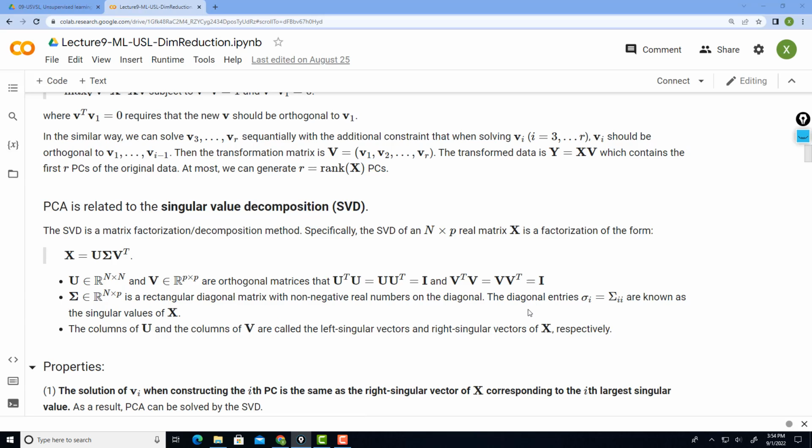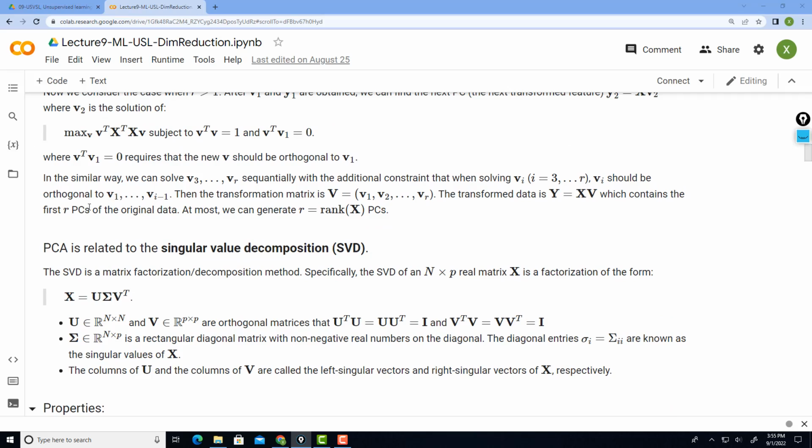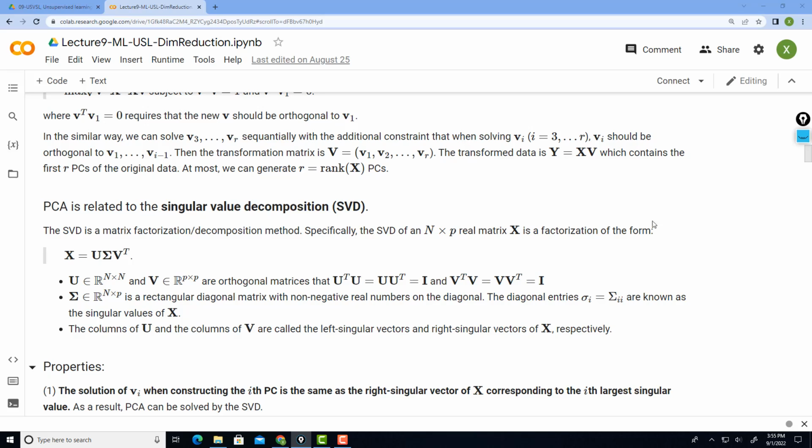Now, if you are familiar with linear algebra or matrix vector manipulations, then principal component analysis can also be solved by singular value decomposition. If you have the original input feature matrix, you do the singular value decomposition to identify the left eigenvector matrix, right eigenvector matrix, as well as the corresponding sigma eigenvalues, which is a diagonal matrix. Then you can see that this V matrix is the same transformation matrix as the solution to this optimization formulation. So why is this important?